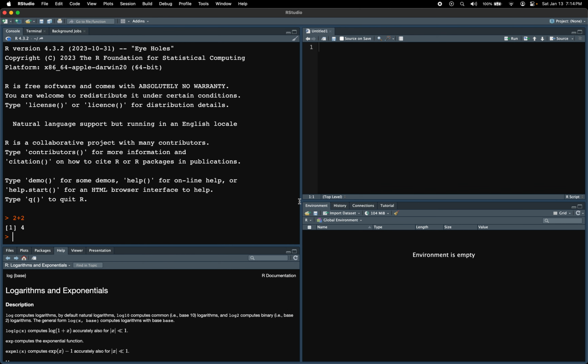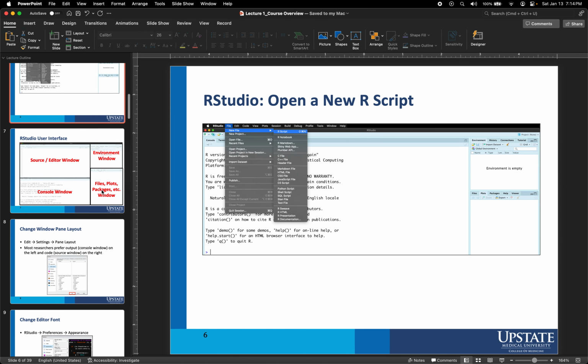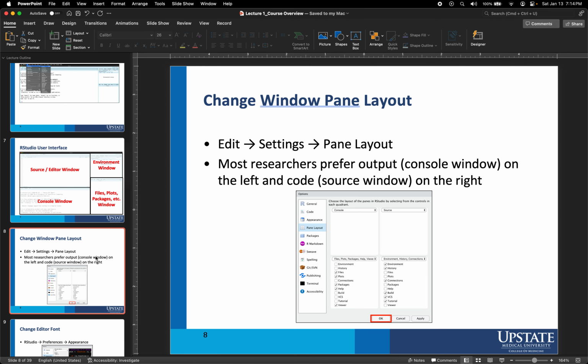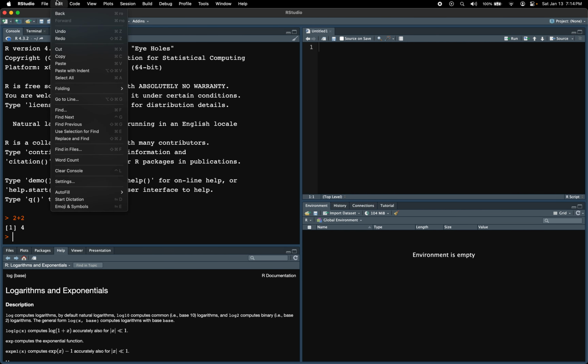And so I typically like to have a darker background to save on battery. It's also a little bit more focused for me if I have a dark background with lighter color font for contrast. So if you wanted to do that, you would go to Edit, Settings,